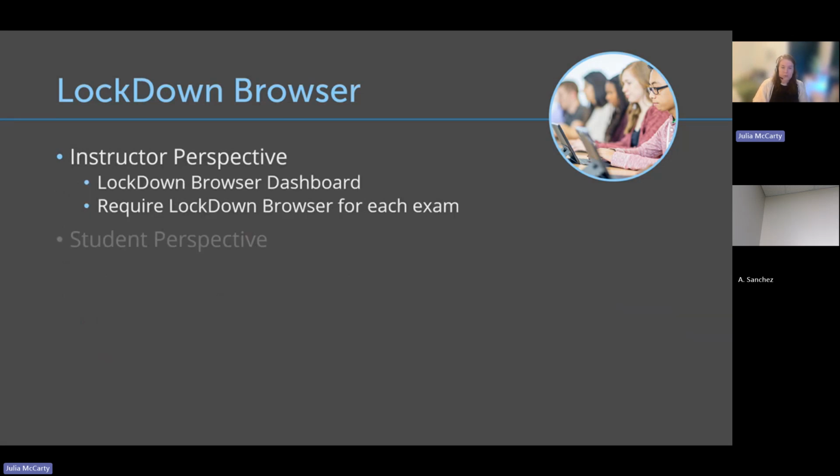Okay, so first I am going to start with the instructor perspective. We're going to take a look at the LockDown Browser dashboard that's in your Canvas course. So we'll walk through how to enable an exam with LockDown Browser, the different settings that are available to you for your Canvas exams. And you'll see it's super easy due to the deep integration that we have within Canvas. So let me switch my screen here